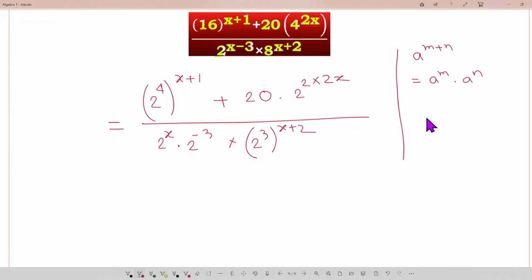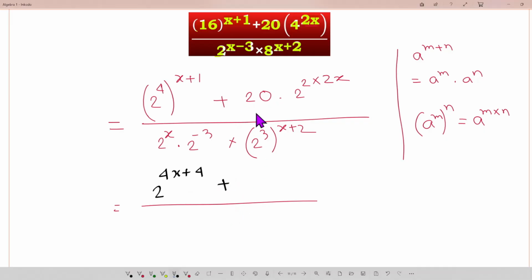Now we also know another law. Suppose a to the power m to the power n, it will be a to the power m times n. So here we can write 2 and here is 4x plus 4